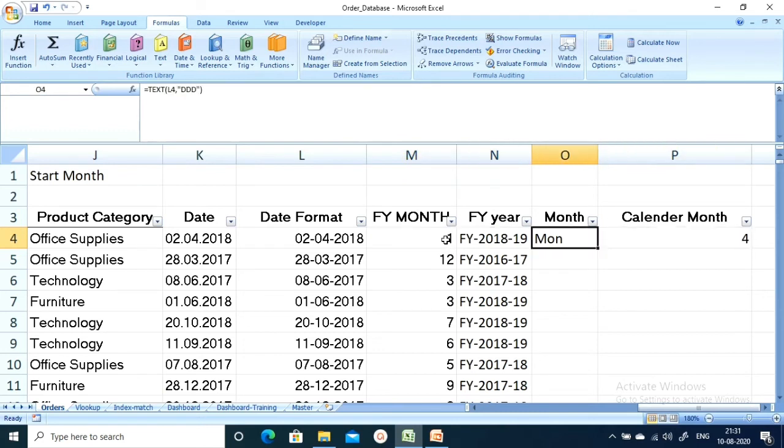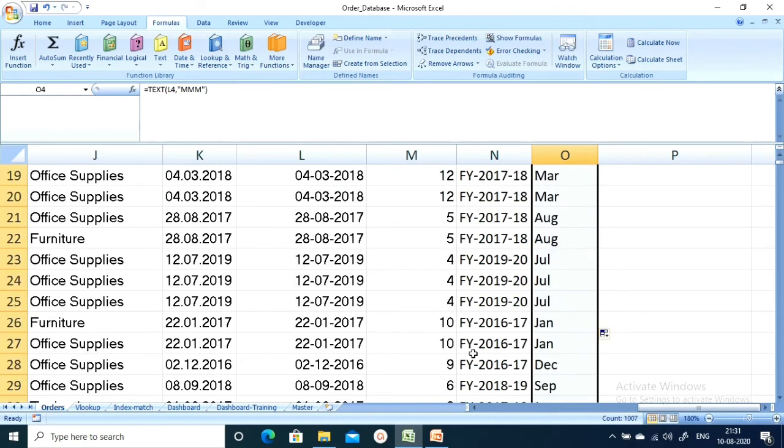So in this way we can use the TEXT and date combination. We can convert a date into a text field. Here in this case I want the month, so I am entering MMM, and I got all the months with respect to the dates.